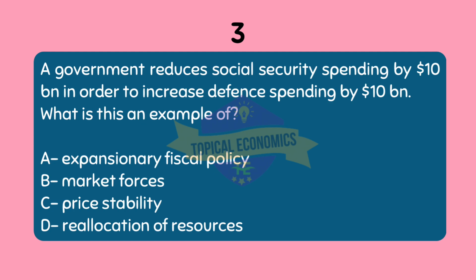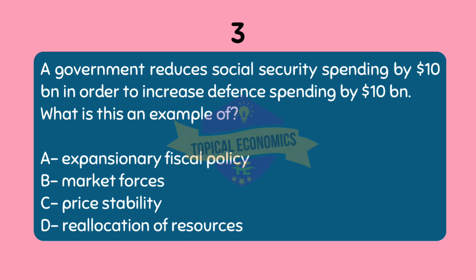This scenario describes a reallocation of resources, where the government redirects funds from one area, Social Security, to another, defense. This shift represents the government's decision to prioritize spending differently without increasing overall expenditure. Let us analyze other options as well. Option A, expansionary fiscal policy, involves increasing overall government spending or cutting taxes to stimulate the economy, which isn't the